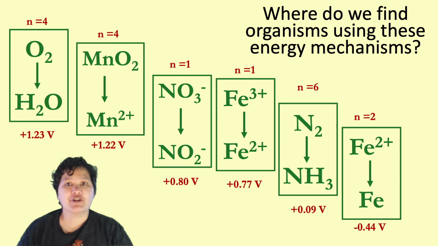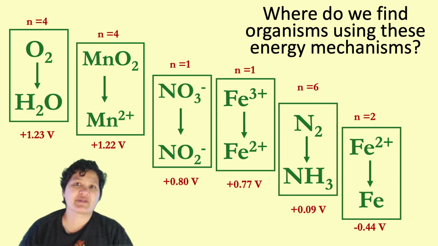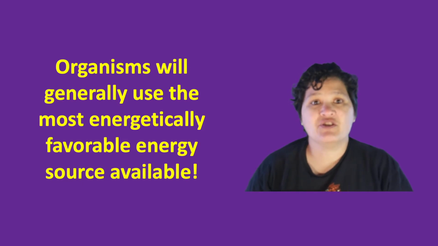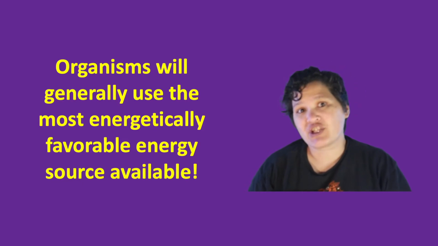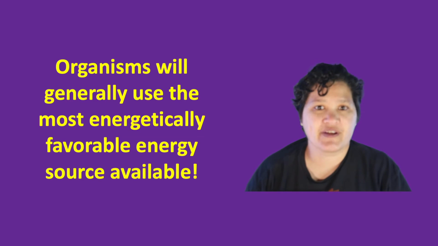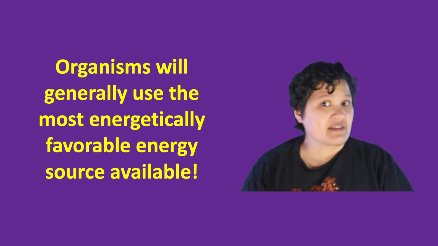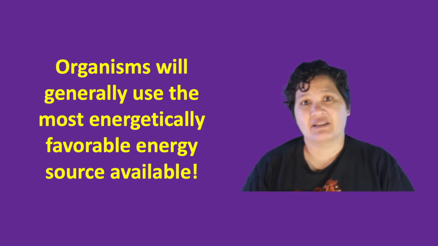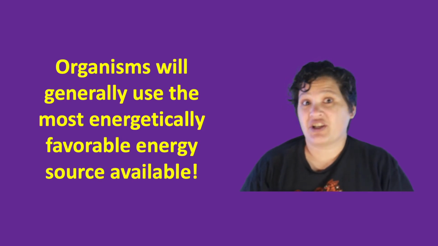So if you look at where we find organisms that use these alternative energy mechanisms, it tends to be in anoxic environments, underwater, underground, etc. That's because organisms usually use the most energetically favorable energy source available. Which makes sense, because if they do that, organisms don't have to expend a lot of energy just trying to